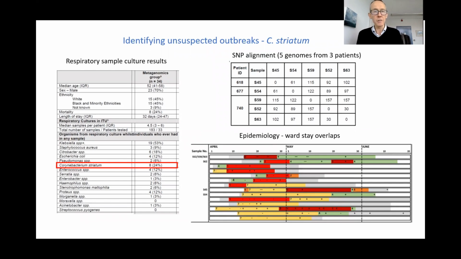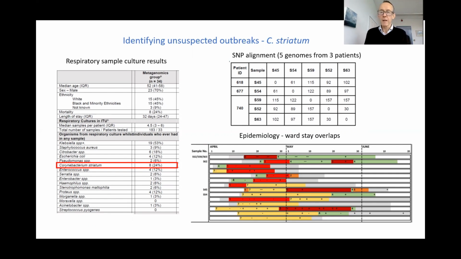Interestingly, we also identified an unsuspected outbreak of Corynebacterium striatum. So again, on the left, I've shown this a few times. This is all our respiratory culture results on the patients. And from our metagenomics patients, 8 of them, 24%, we grew Corynebacterium striatum. Now, often in the laboratory, probably you would just ignore that and wouldn't report it, but often these were in